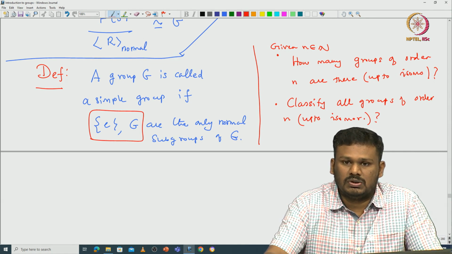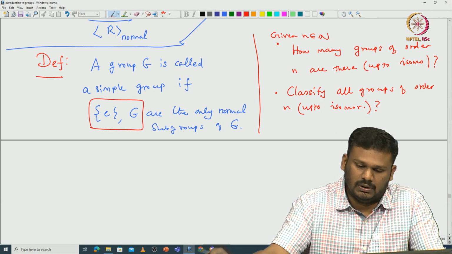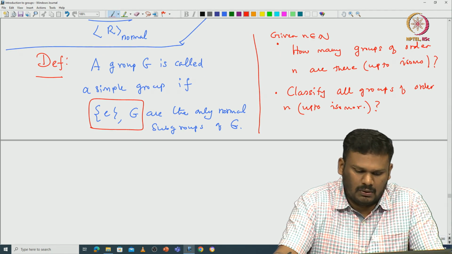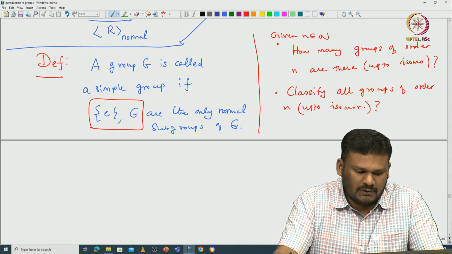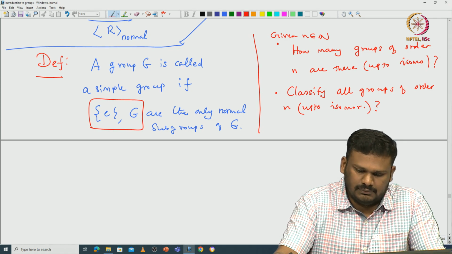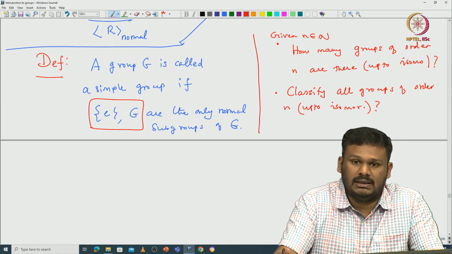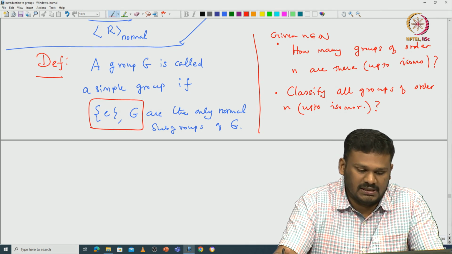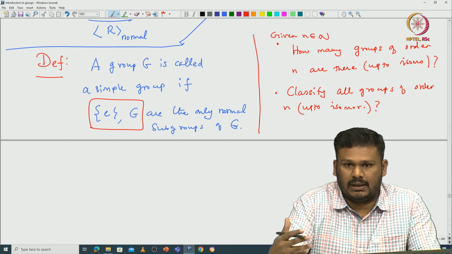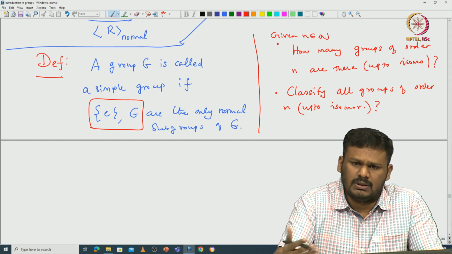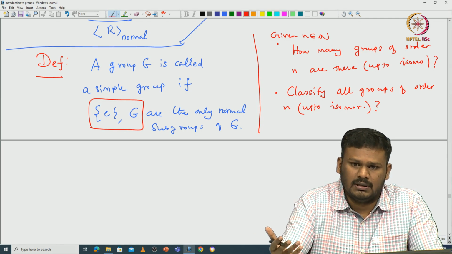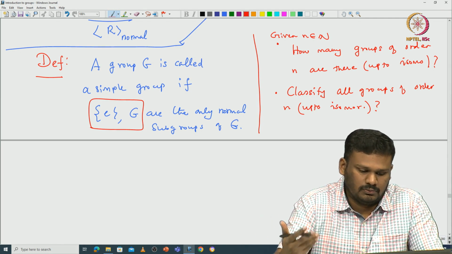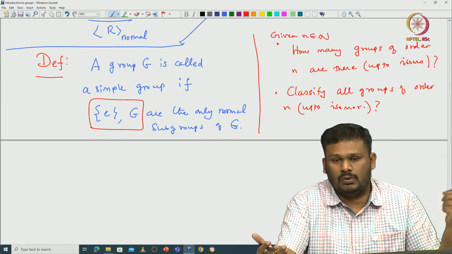So, these two questions are very big questions, that is what drives finite group theory. After learning sophisticated languages in group theory, one can see that any finite group can be built from what are called simple groups. The basic building blocks of the finite groups are simple groups. Of course, every time you have to take extensions of some simple groups and so on, and using that only you can build a general group.